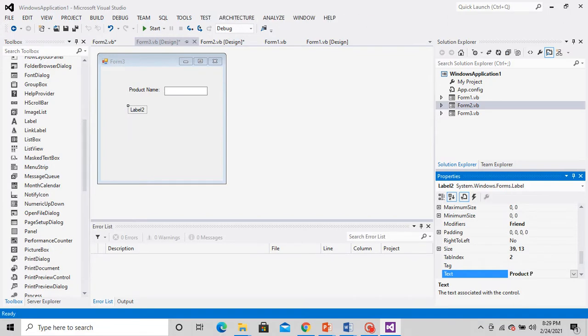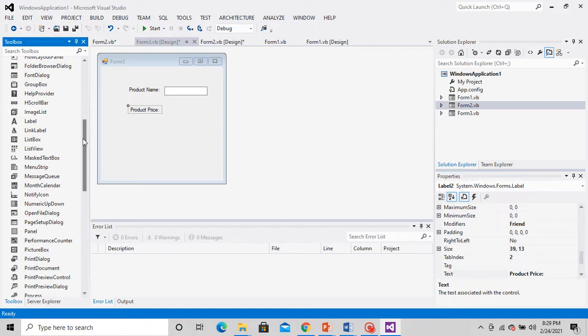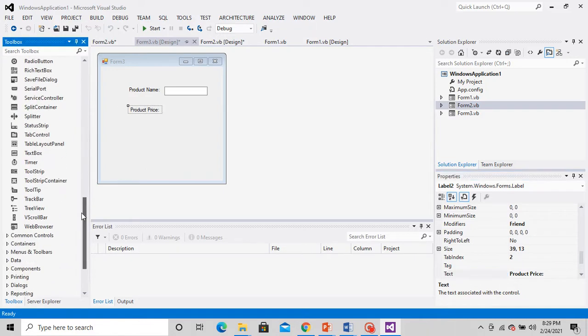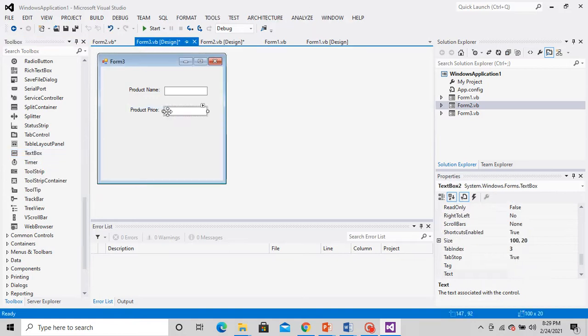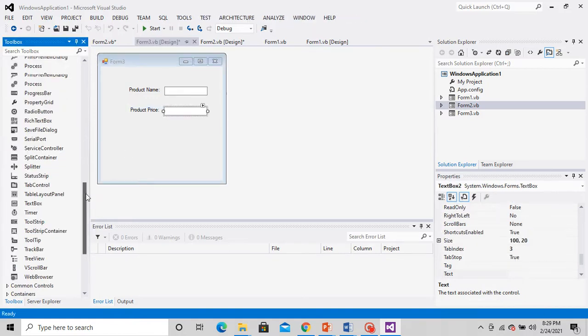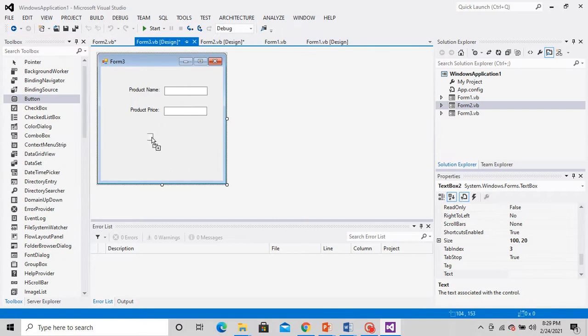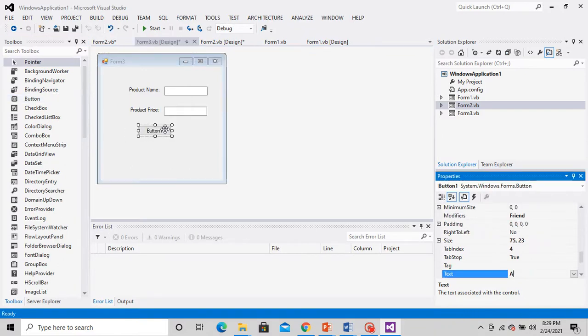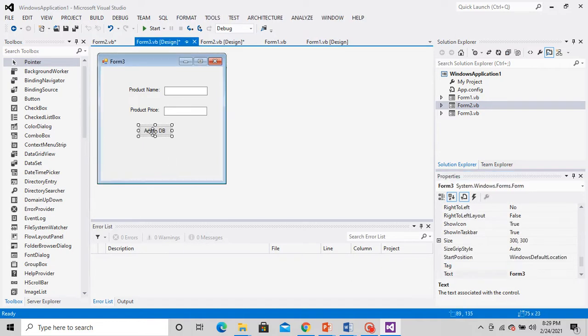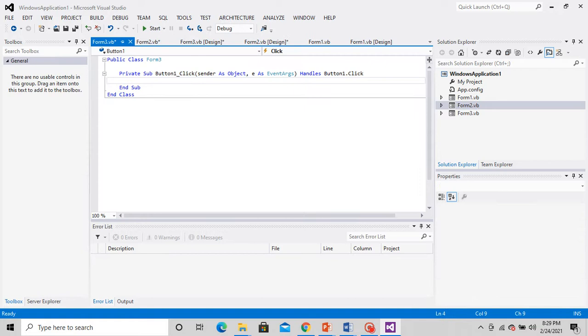Product price. That is one more label, and then a text box. After that I'll give a button called add to database. Now if I go here and double click, what should I write here?